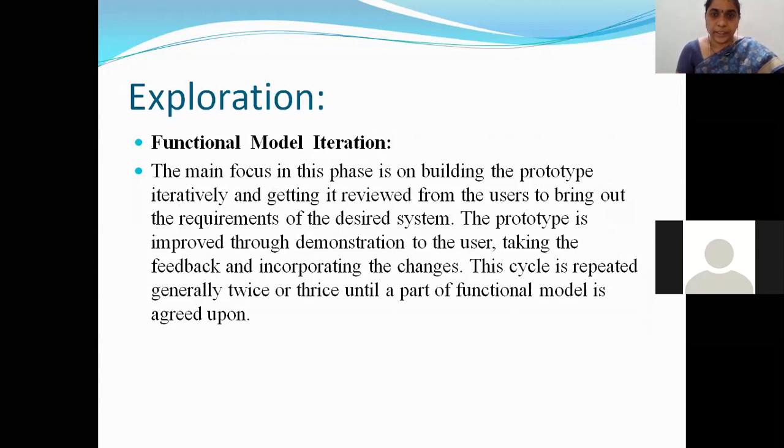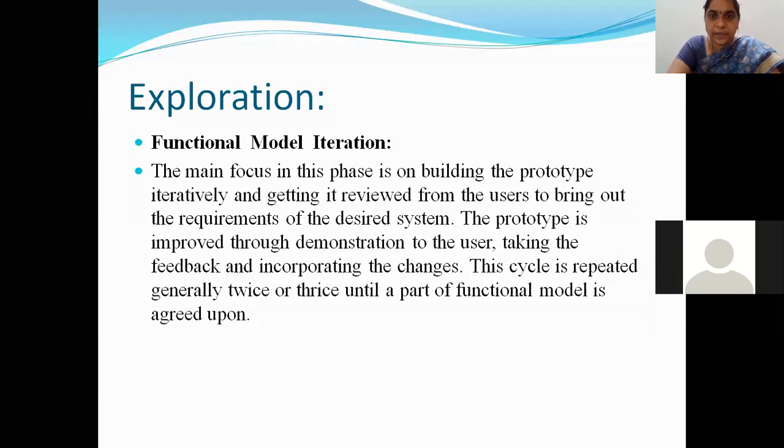Actually, when the client tells you all his requirements, you will quickly develop a prototype, a rough model, and give him that model. That model can be either a throwaway model, which might not be useful, or an evolutionary model. Any prototype, you'll show to the client and ask for his review. Is this what you want us to develop? You're not developing the code here, but you are preparing a model of how the project is going to look, and you will show it to the client and take his review, right? And take his feedback from him.